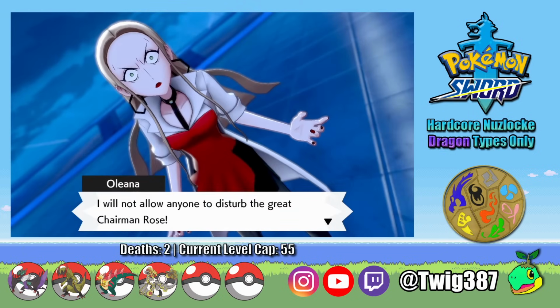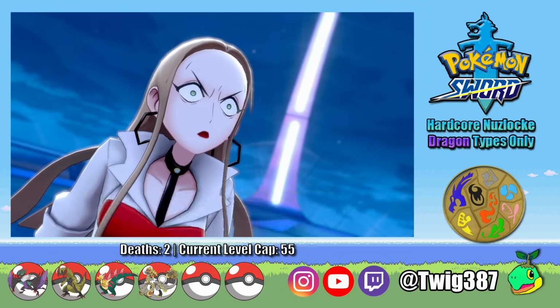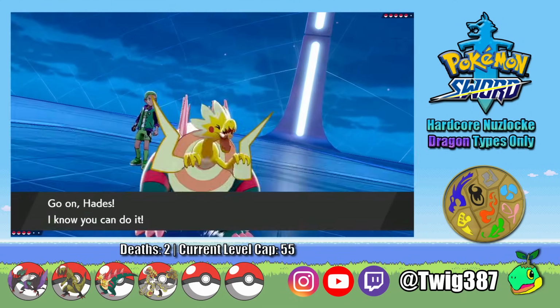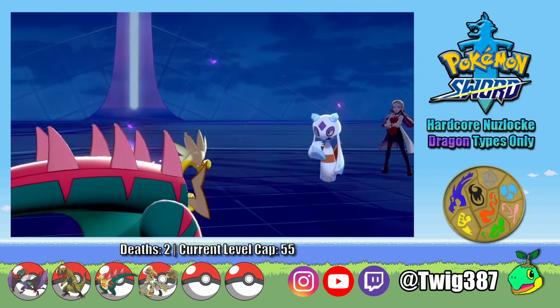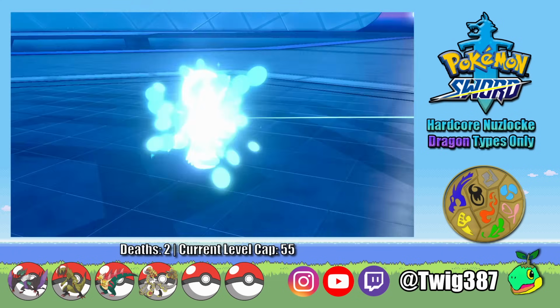I go to investigate and find a deranged Oleana. If a look could kill, that'd be it. Oleana sends out Frostlass, so I lead with Hades, who's equipped with a Lumberry. This allows Hades to neglect the Will-O-Wisp and hit back hard with an Earthquake. On the next turn, Frostlass does connect with a Will-O-Wisp, but it's alright as Hades is still able to take